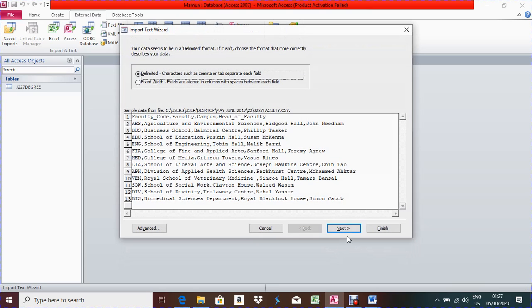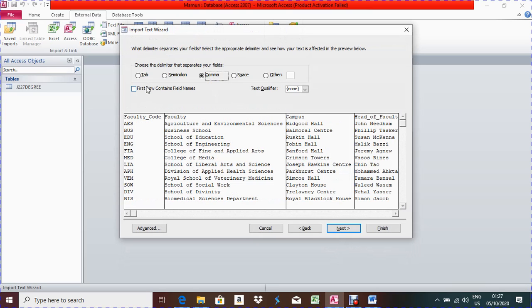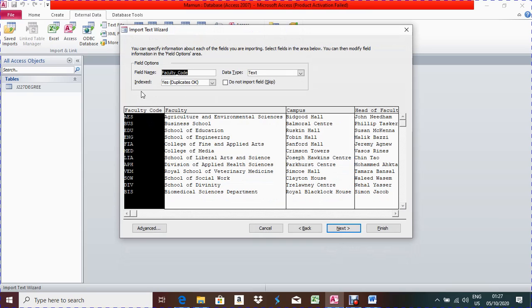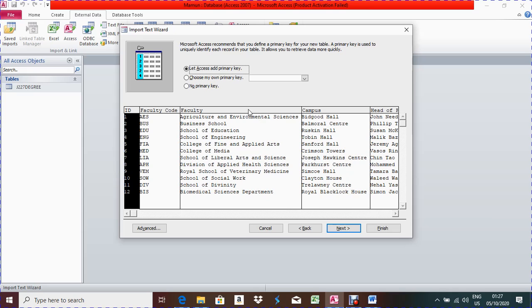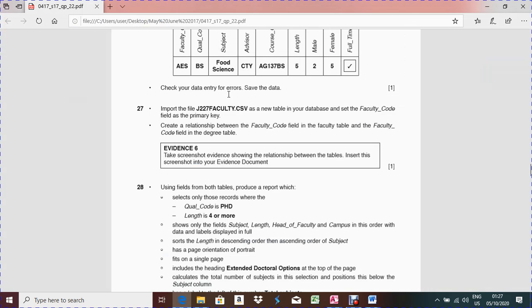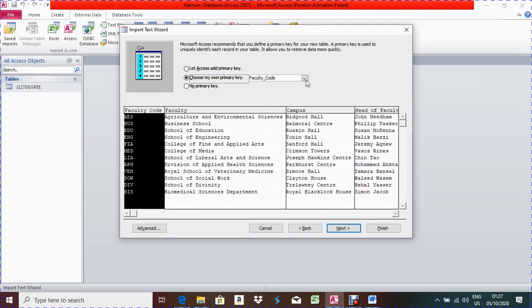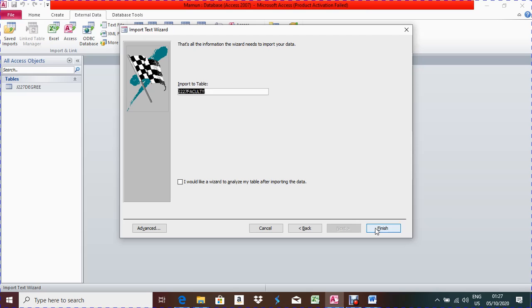Okay, next, first row contains field names. Next, as they did not ask to change the data type, we'll go next and choose the primary key. And what is that? Faculty code, according to the question paper, so it should be faculty code. Done. Next, finish,